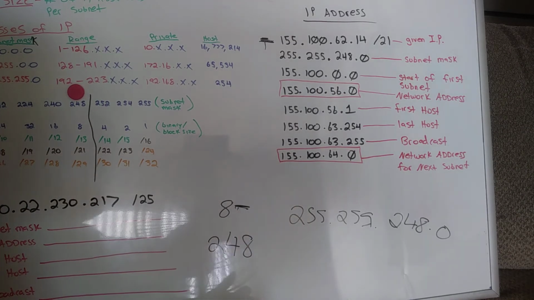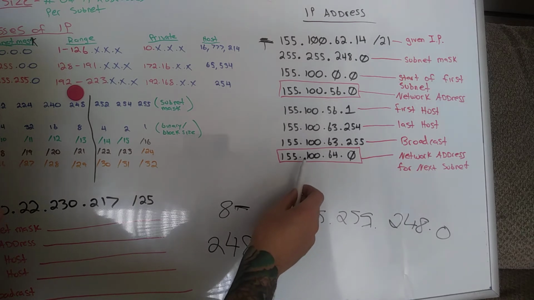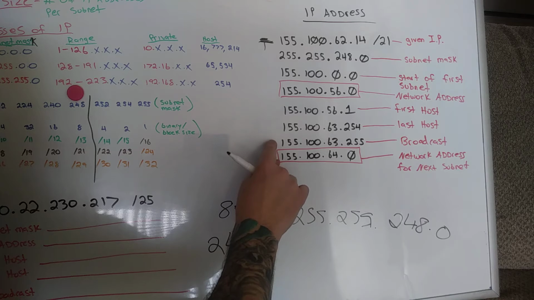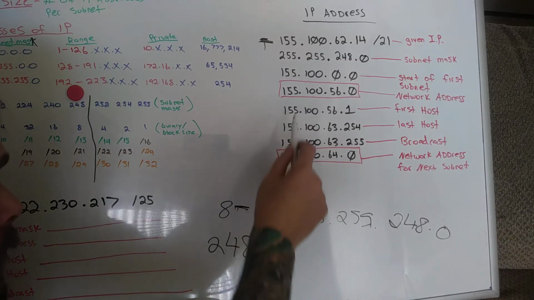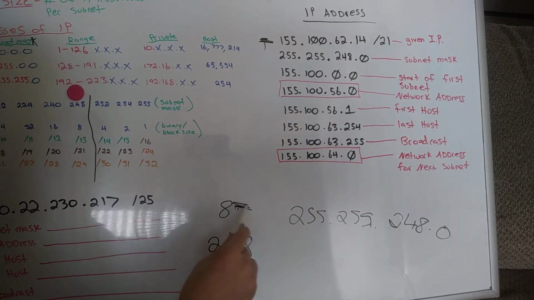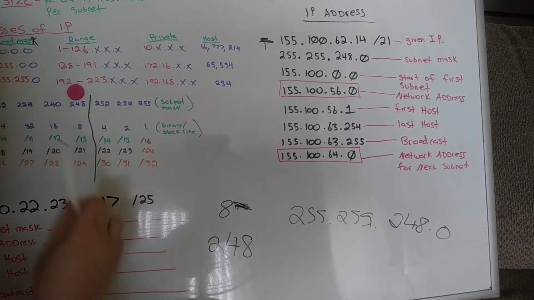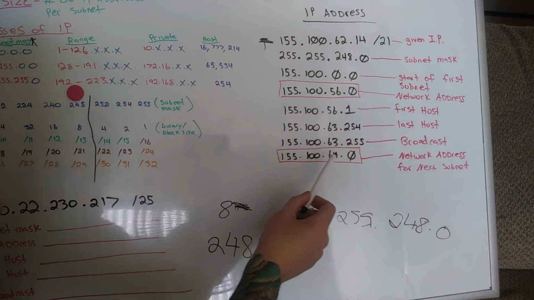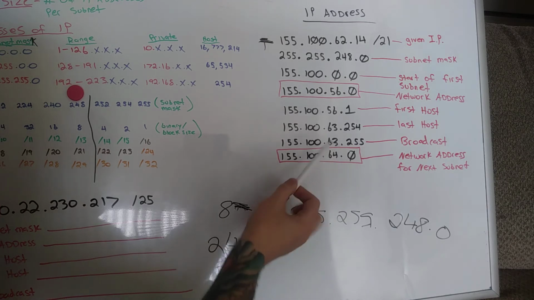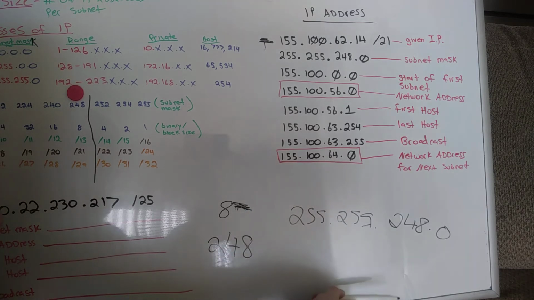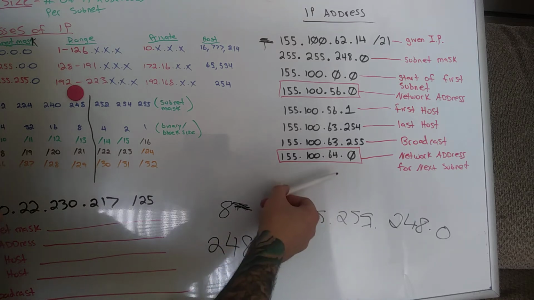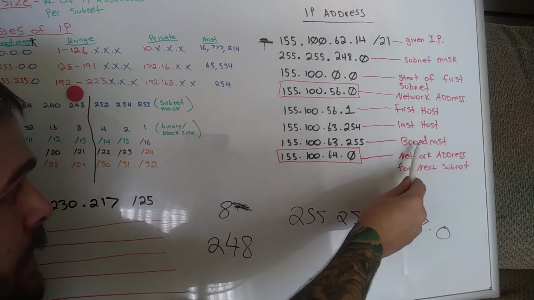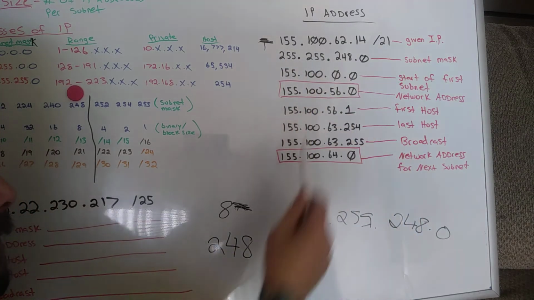We just add 8 to it. That's the next, or it's not the next reserve, the broadcast is the next reserve. This red box should be around here also. So if we add our block size of 8, which we got from over here, to the 56, we are at 64. That's the start of the next subnet. So if we back off 1 from the 64, we have the broadcast address of this, which is